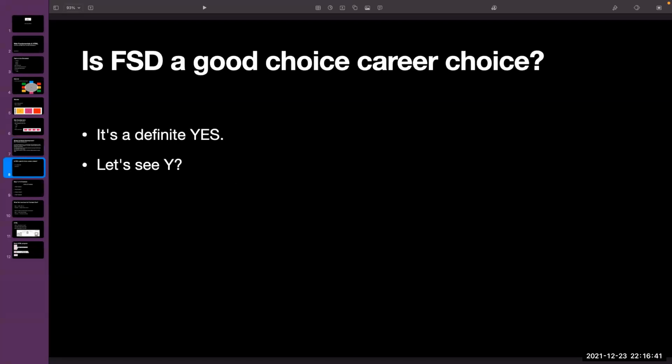So let's check whether full stack development is a good career choice or not. Yes, it's a very good career choice today, because the market is moving towards full stack developers. Previously the company used to have different teams for a product. If they were going to create a project, they would have a front end team separately, a back end team, a DevOps team, and a database team separately.